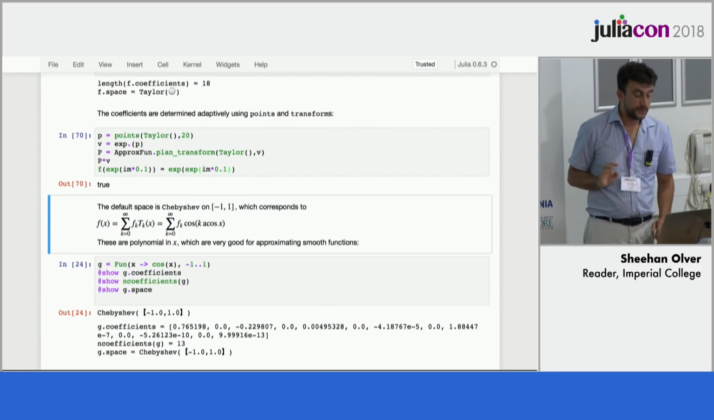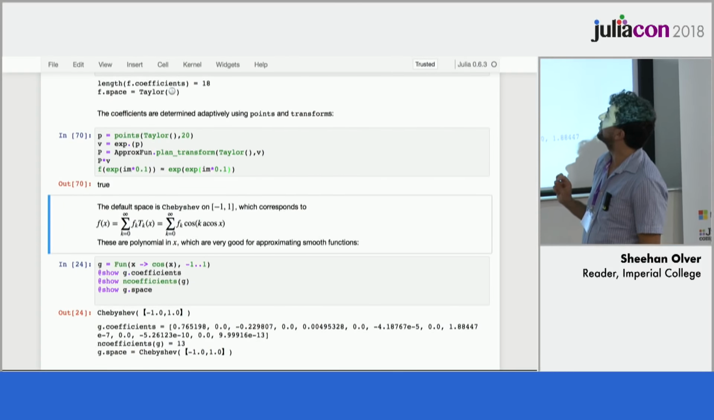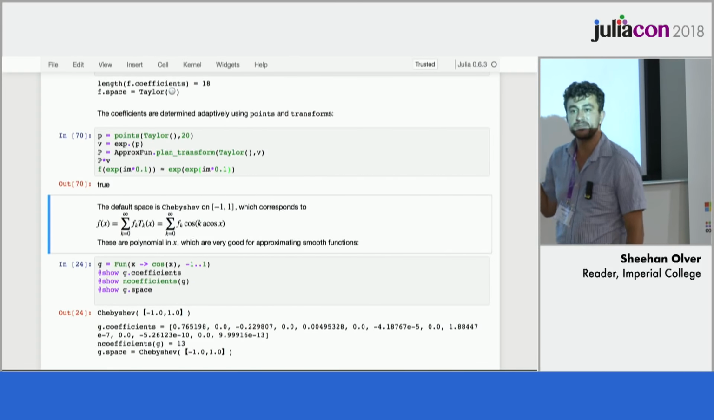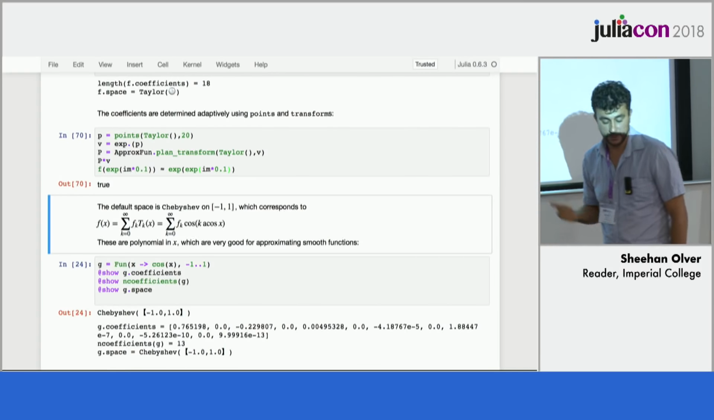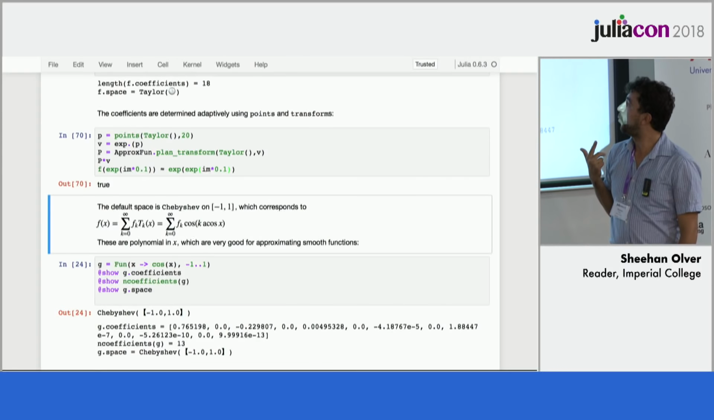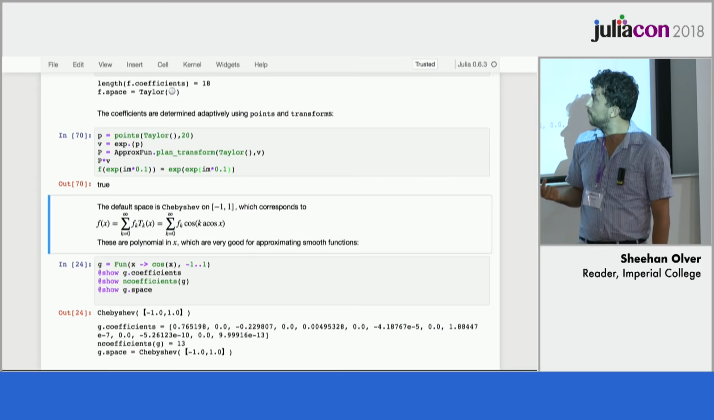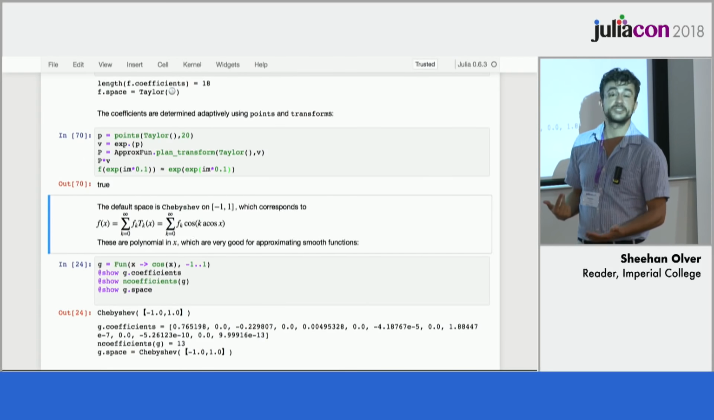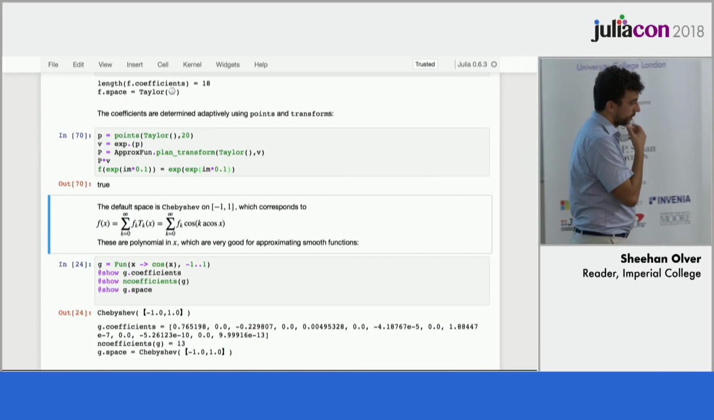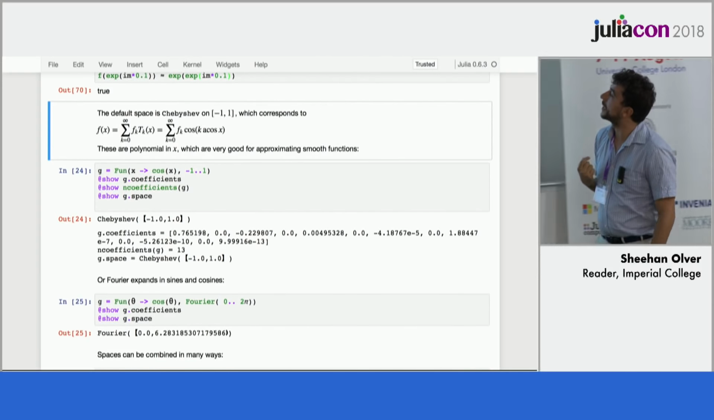Okay, so that's what goes on behind the scenes with Taylor, but it turns out this basic idea of grids, transforms, decaying coefficients works for way beyond just the case of Taylor and Fourier. So another example, which again Chris mentioned, is